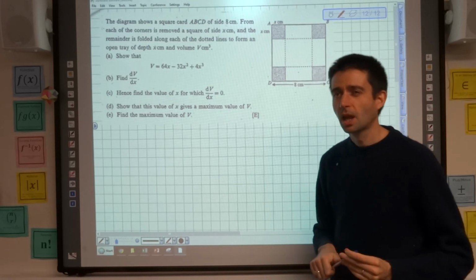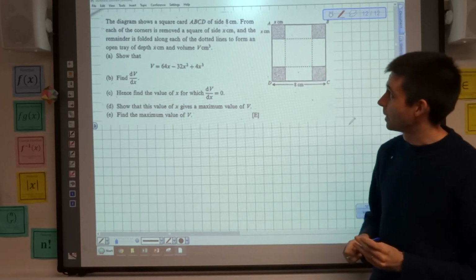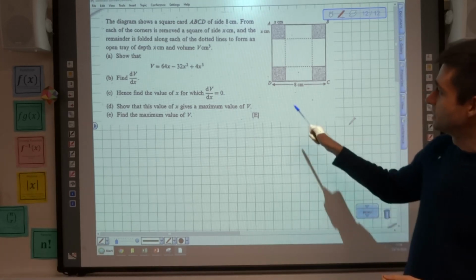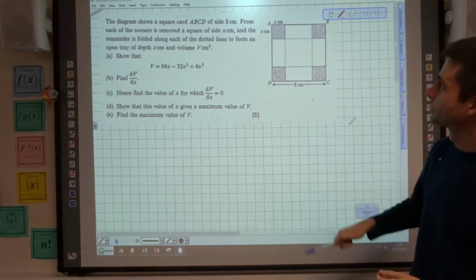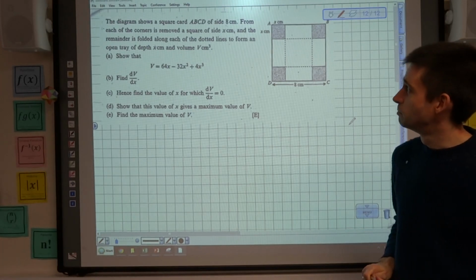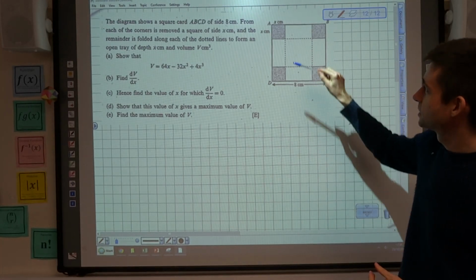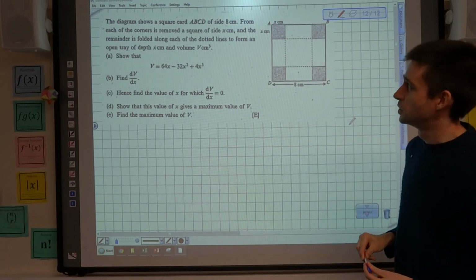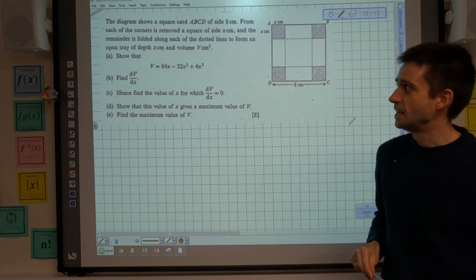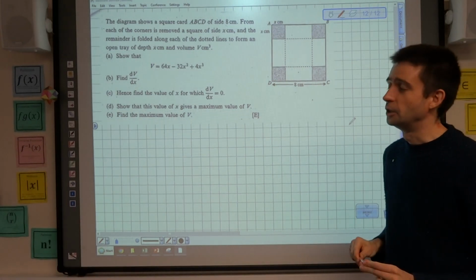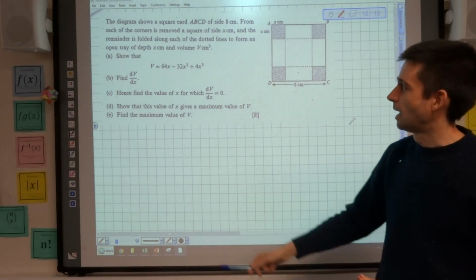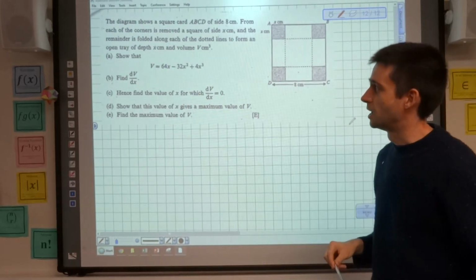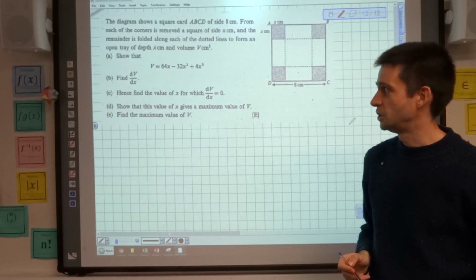This lesson is on using differentiation for optimisation problems, and I'm just going to be going through one example of that. So here we have a diagram showing a square card ABCD of side 8 centimetres, that's indicated here. From each of the corners is removed a square of side x, and the remainder is folded along each of the dotted lines to form an open tray of depth x and volume V. And in part A, we're being asked to show that V, the volume, equals 64x minus 32x squared